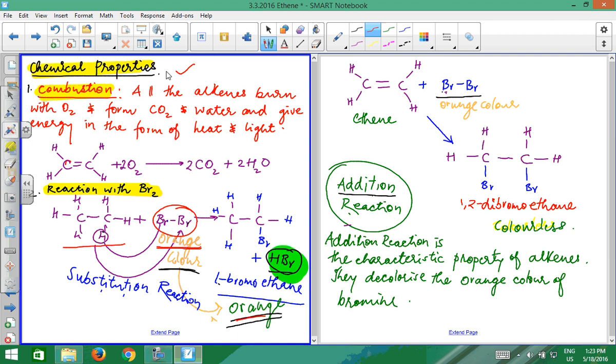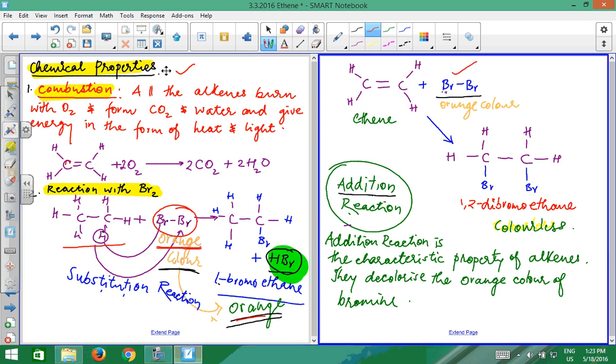But if it reacts with ethene, the color will change to colorless. This reaction is called addition reaction, and the product is